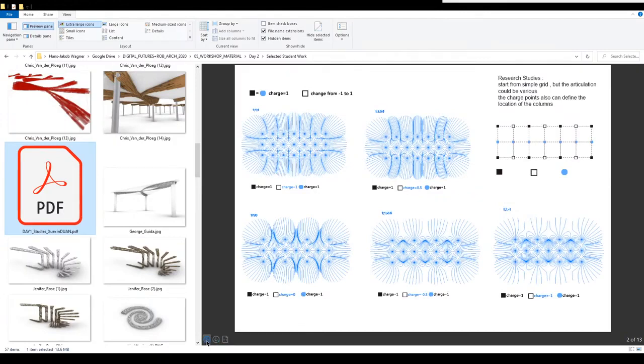Just a quick study of the magnetic field, thinking about what else we can bring into the space besides structure optimization, like minimizing material. Maybe the magnetic field can be a kind of semantic layer to the space, because the structure can be optimized for any reasons. This pattern starts with a very simple grid, and we put the charge